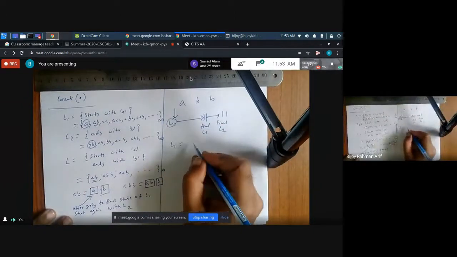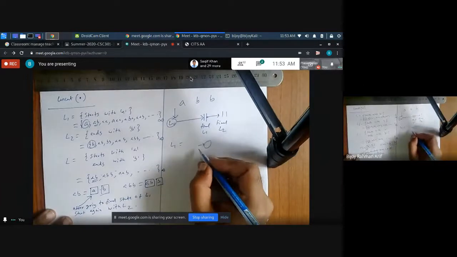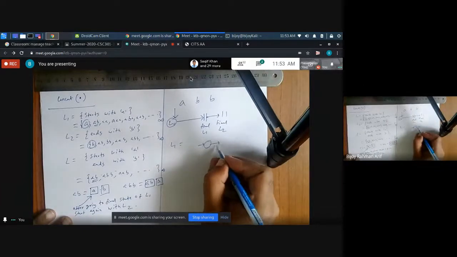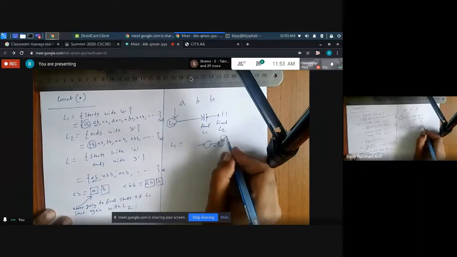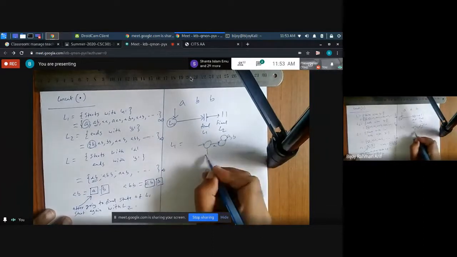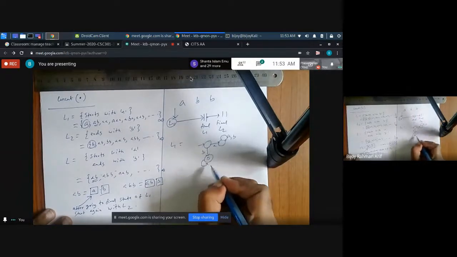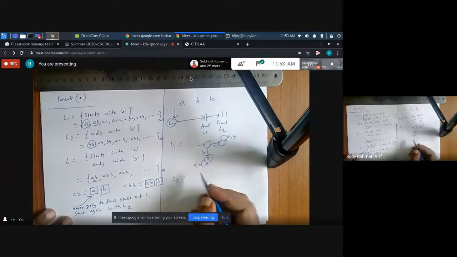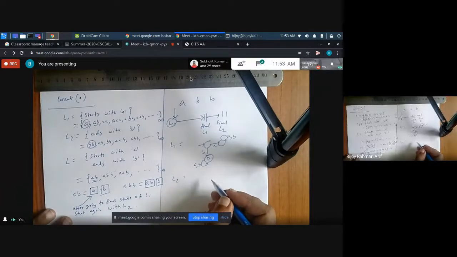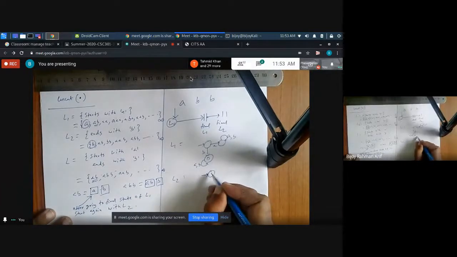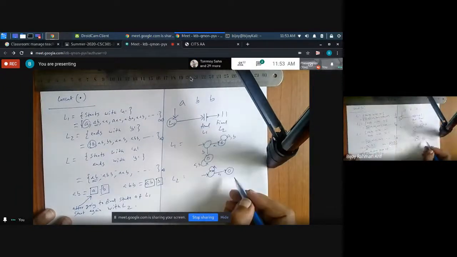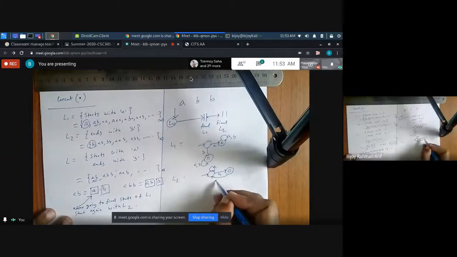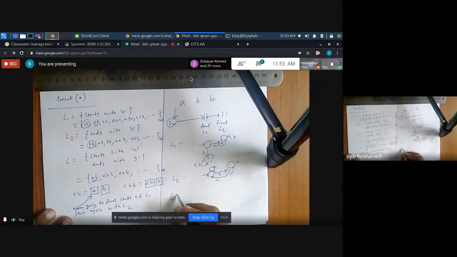So how can I do that one? Language 1 is nothing but like this. Starts with A. And if it starts with B, I'm in this configuration. L2 is what? L2 is ends with B. What would be ends with B? I don't care how many A at first I got. I get B. I will consider that is the final state. Then if I get A, I should return back here. If I get more B, I will be here. So what would be the language for this concatenation of this?